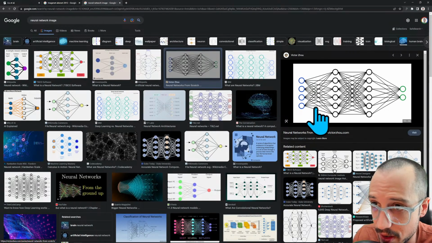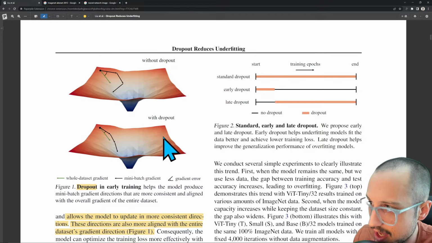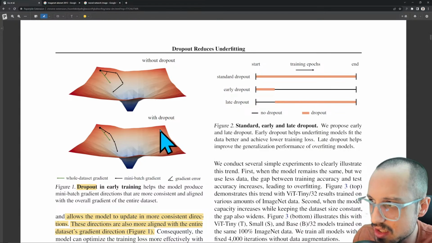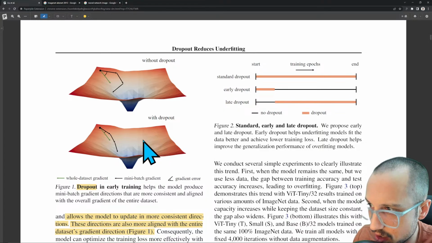Like three values for these little weights. It only has 3 connections. And then you can say any point on this cone is basically one possible value for the neural net, right? So this point here on this little cone represents one possible version of our neural net. This point here represents a different possible version of our neural net. This point here represents a different possible version of our neural net, right? And so on. And what they're showing you with the fact that this is a funnel is that